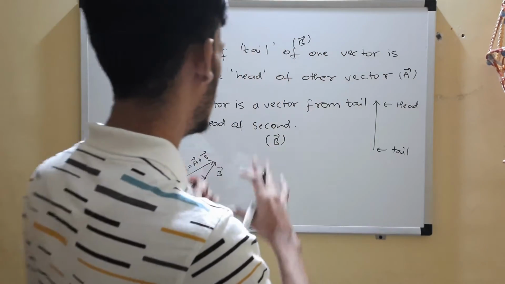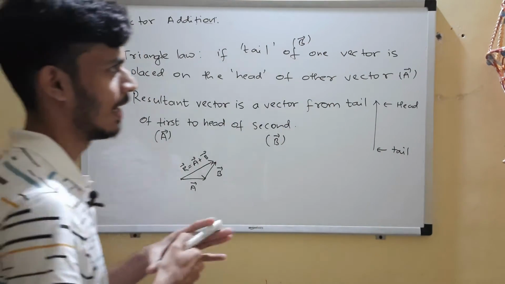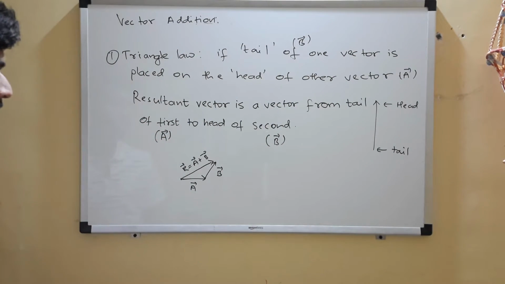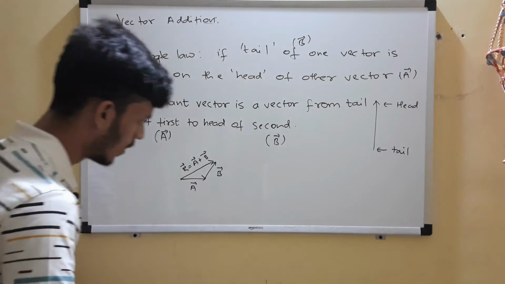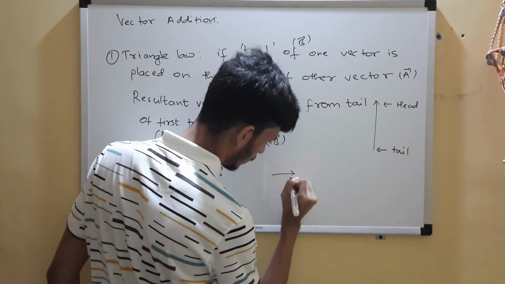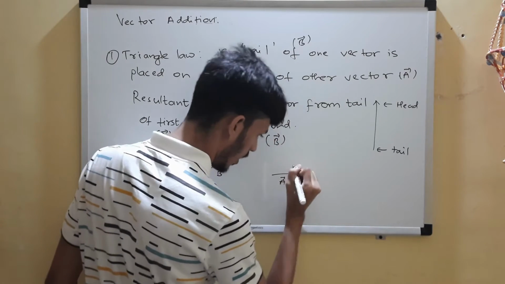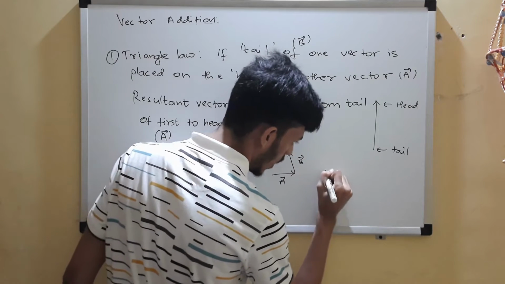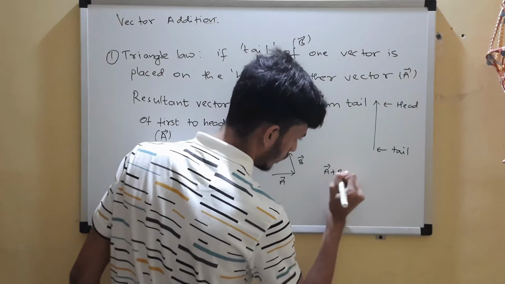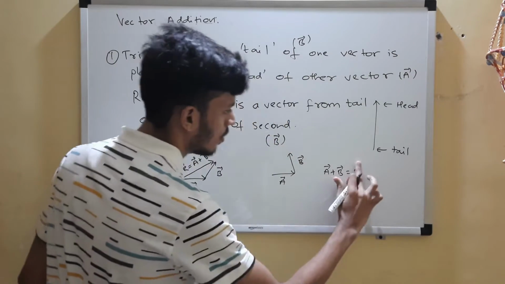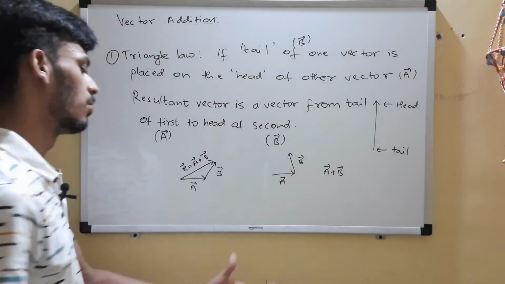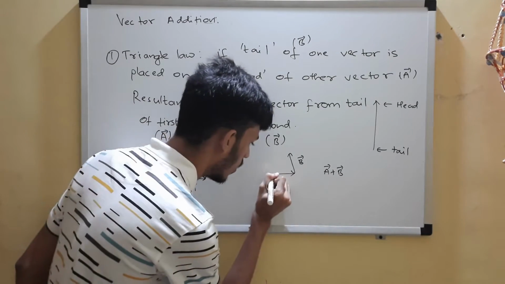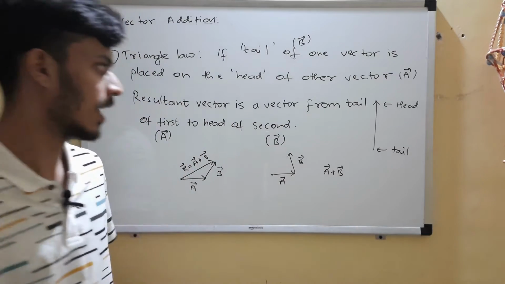Okay, now I know it will be a bit confusing. Tail-head, what is going on? So we'll try to have a simple analogy for it. Suppose this is vector A and this is vector B. Now I ask you for A plus B, draw A plus B. Don't tell me its magnitude. Draw A plus B. So you can see, look out for tail-head combination.